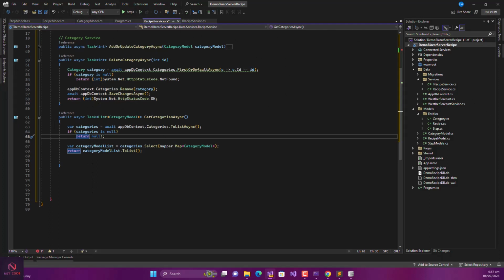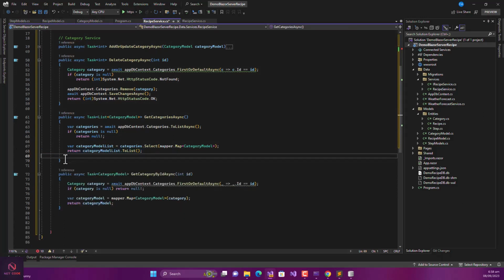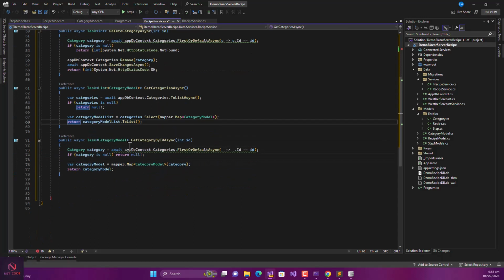The next one I'm going to talk about here is get category by ID. So with get category by ID, this is what you want to do. We want to just grab this. So you can see from here that it is returning just a single category. And now in here,